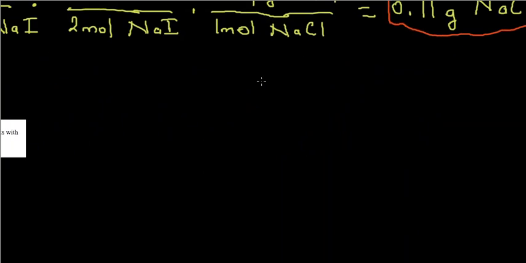Alright, next problem. How many moles of sodium bromide will be produced when 0.69 moles of bromine gas reacts with sodium iodide? Alright, so we have bromine gas, Br2, plus sodium iodide will release bromine,